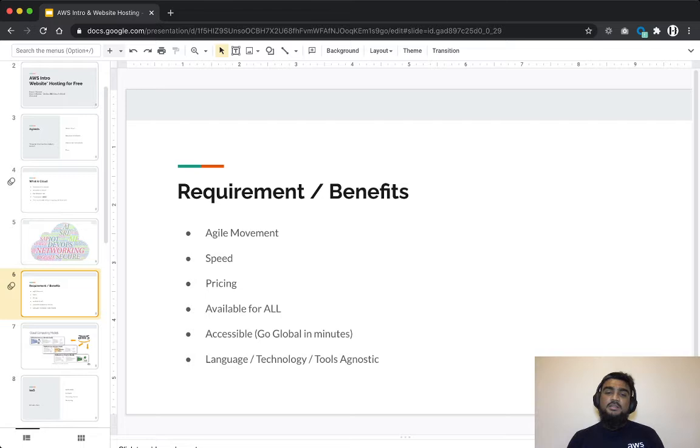So the final point is language, technology, and tools agnostic. Cloud is basically many things, and the best part about it is that it doesn't restrict you to a particular technology. You could be a PHP developer. You could be from any technology for that matter of fact. You could be a C sharp developer. You could be, I don't know, a Java developer, and this works for you. Okay,